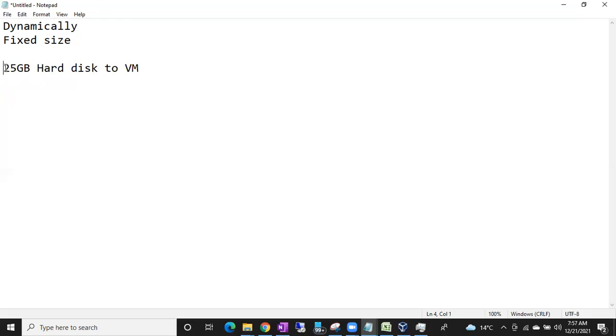This 25 GB, how am I going to allocate? Is this 25 GB a fixed size or dynamically allocated? What is the difference between those two? See, fixed size means even though you are using it or not using it, it will allocate 25 GB to the virtual machine. Clear, guys? You allocated 25 GB, but you are not using 25 GB, but still what happens in this